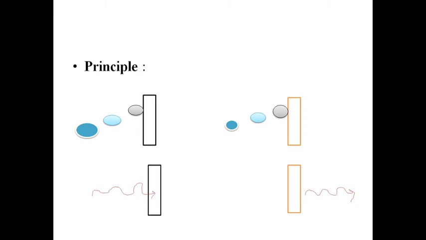The definition of the quantum tunneling effect is: it is a phenomenon where a particle tunnels through a barrier that it classically could not surmount. This is the definition of the quantum tunneling effect.